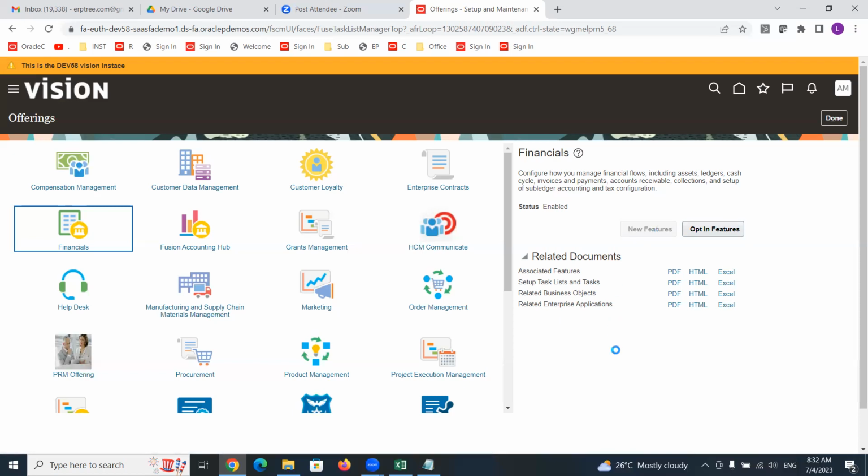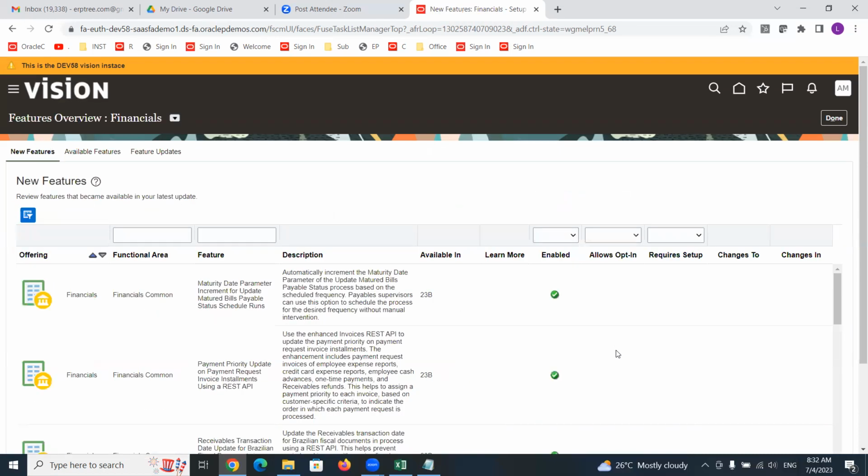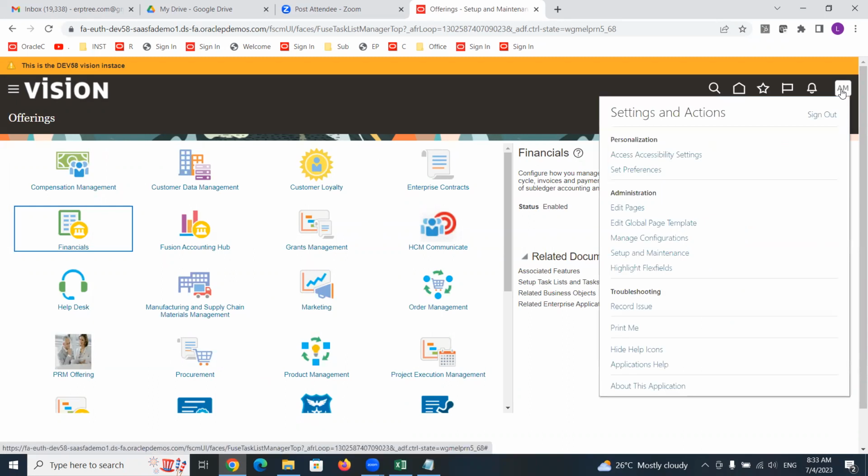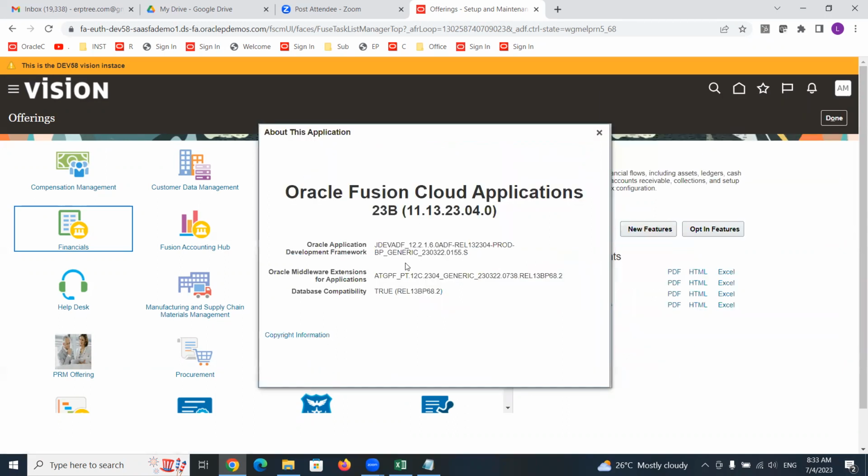If you click on new features, you can see the latest release Oracle introduced. The latest one is 23B. Not only from here, you can see the instance related release from here. Click on username. In this panel, click on about this application. Here you can see 23B